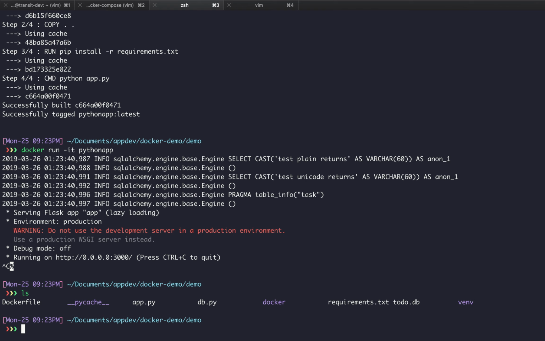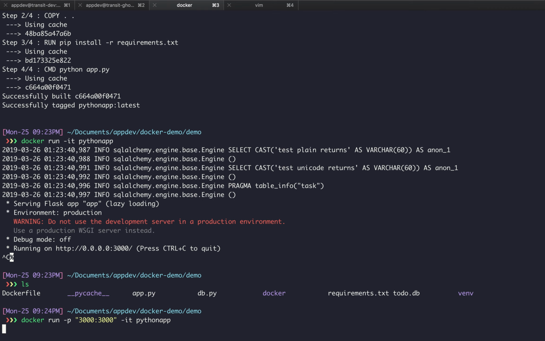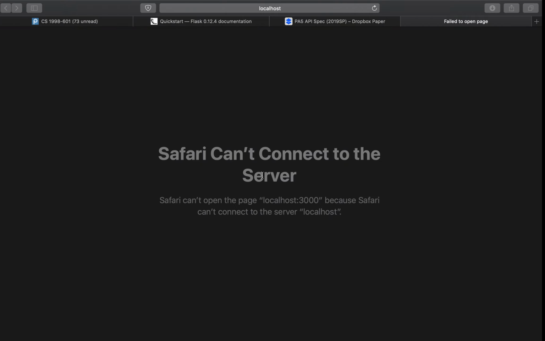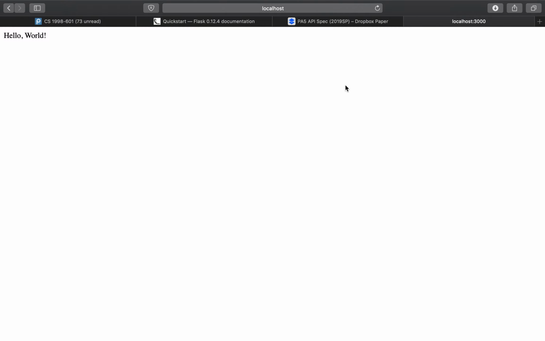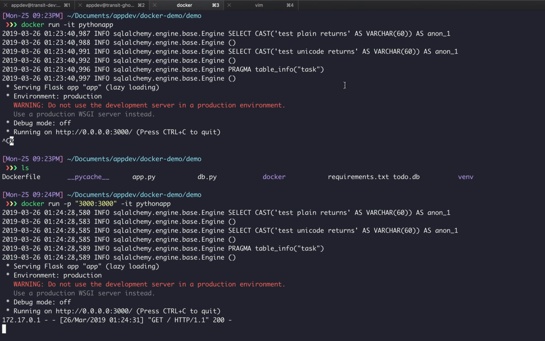So actually we can specify this through a flag. It's pretty self-explanatory. -p for port, and I can specify a mapping from port 3000 to 3000 on my computer. And now when I run this, and I go back here, and I refresh, I can see that, wow, it's actually amazing. I'm running something inside of Docker and it's working on my computer, right?